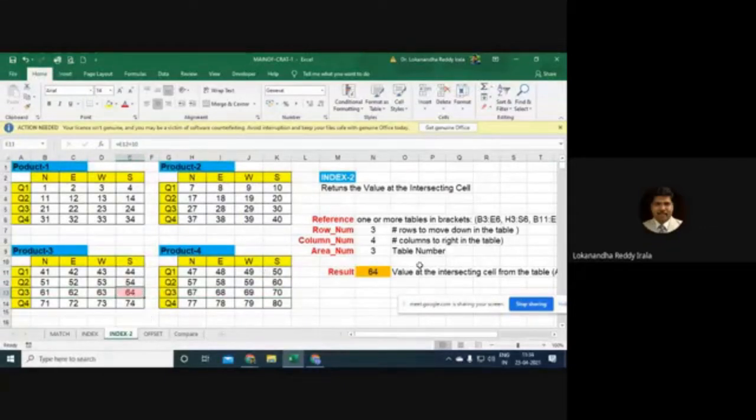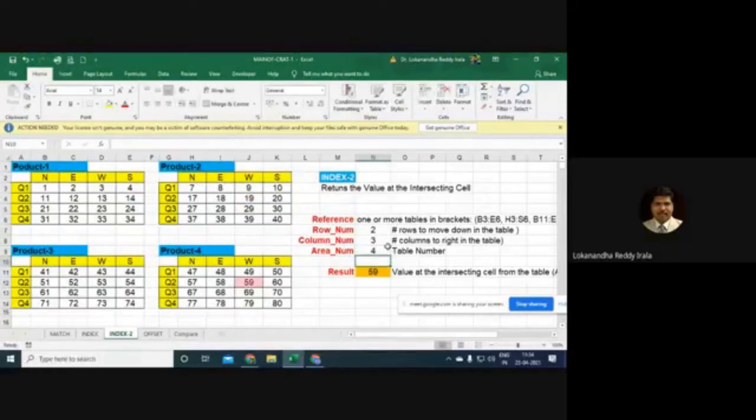Now, if I want the similar value from table 1, see, it is 24. If I want the corresponding value for table 2, then it is 30. Now I can change the row number to, let us say, the second row, then the column number to, let us say, the third column. Now it is 19. Now I can change the table number to 4.